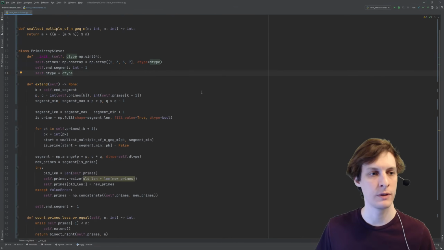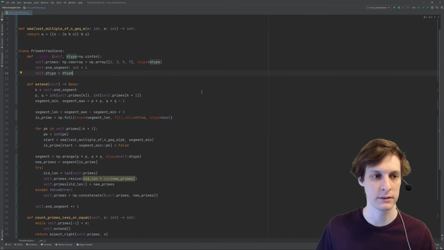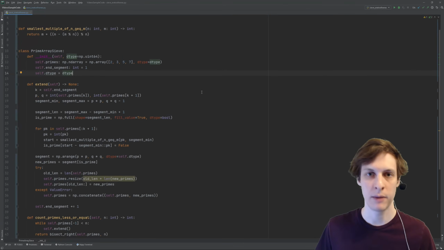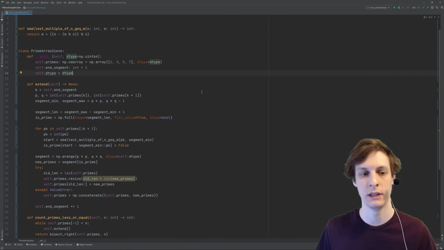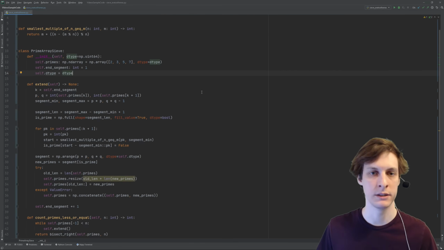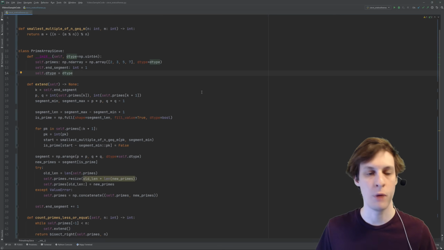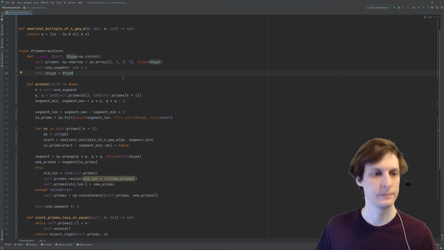So try number 2, this time I've switched out all of the Python lists for NumPy arrays. The advantage of doing this is that NumPy arrays do a lot of operations in C that might otherwise happen in Python if you were using Python lists. Now, C code is much, much faster generally than Python code, and so I'm hoping to squeeze just a little bit more performance out of using these NumPy arrays.